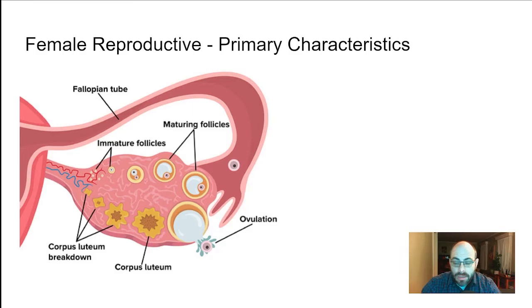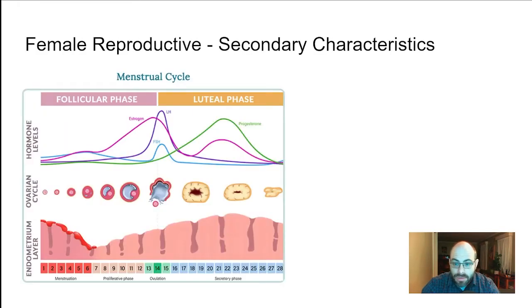And then the secondary characteristic is this cycle, which is called the menstrual cycle, a regular cyclic pattern that is found in humans. Other animals have something else called estrus, which you don't have to know. But basically what the menstrual cycle does is it discards the uterine lining every 28 days, builds it up, and prepares it for fertilization. If there's no fertilization, it discards the lining and begins the whole cycle again.